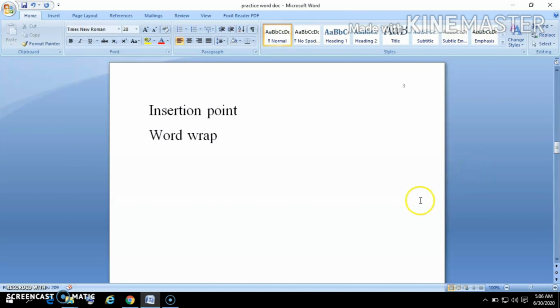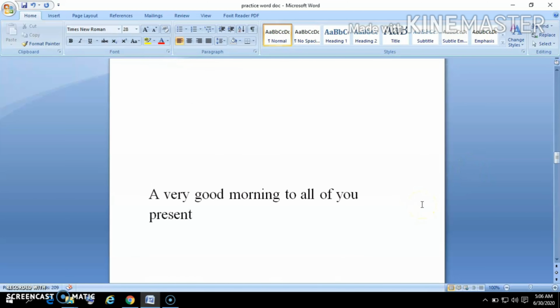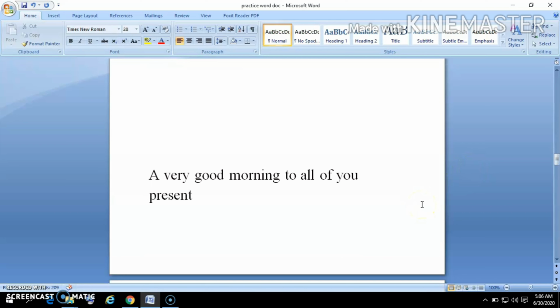Next comes the word wrap feature. Here you can see a sentence already written. Just want to say that as we type, we do not need to press the enter key after each line. MS Word automatically takes the cursor to the next line. I'm typing further.